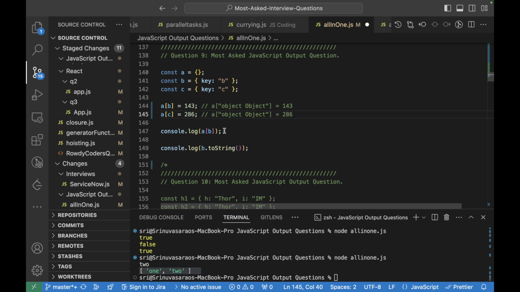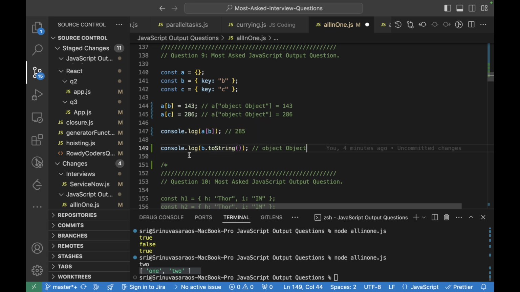Okay, so now when we try to console this, it will say a of b, whose latest value is 286, so the output would be 286 for this. And when it comes to console b, if we convert it to a string, then it will give "[object Object]".